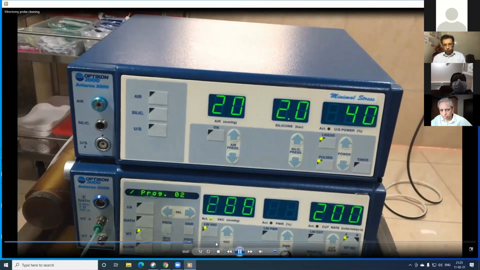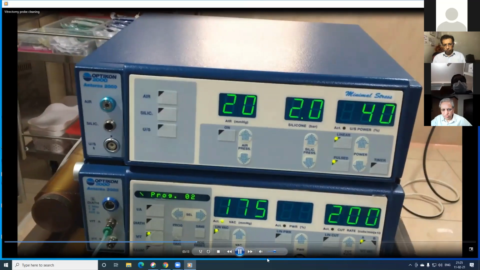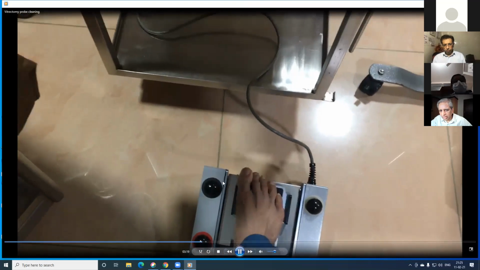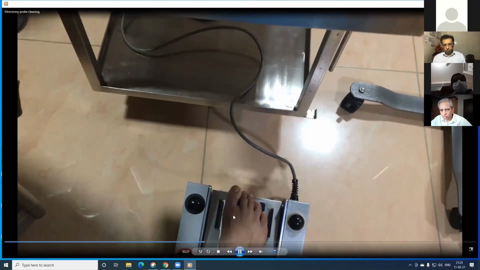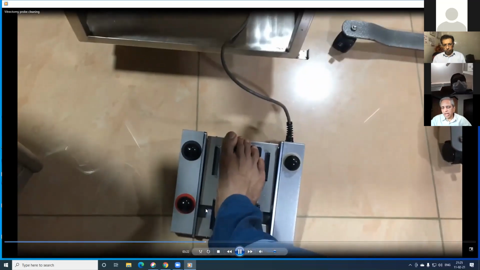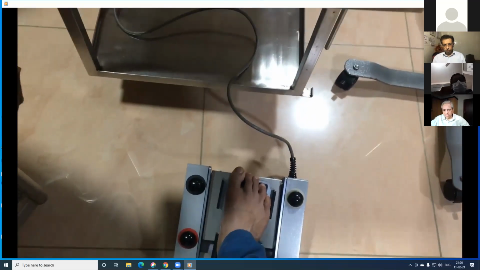See, this is on linear mode, so I can actually watch the eye and control the amount of vacuum by foot switch. So I'll show you the foot switch. When you press it down, it's vacuum. When I slide it to my right side, it is cutting. So that is cutting, and pressing it is vacuum. If you want to cut and suck the vitreous, then you'll have to go down and swivel the foot to the right side.